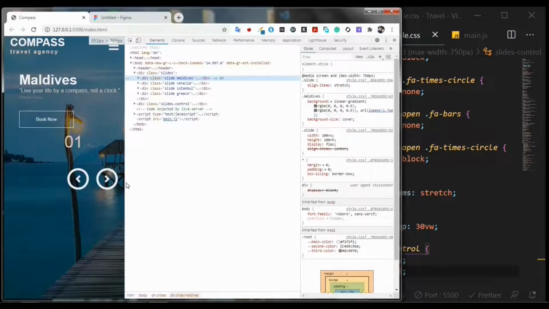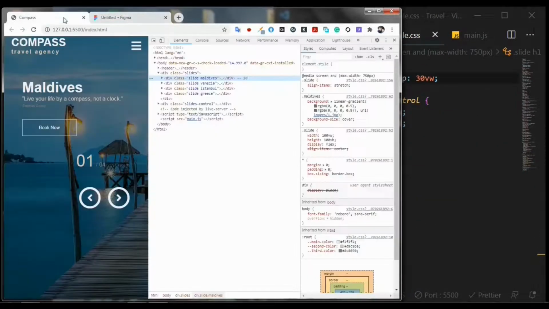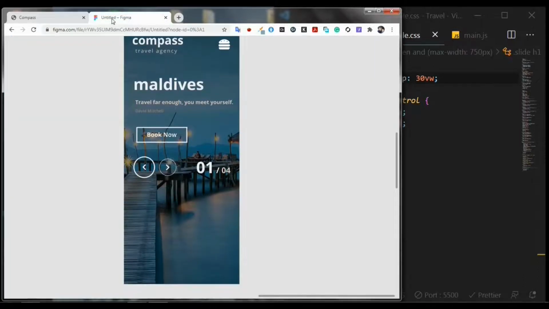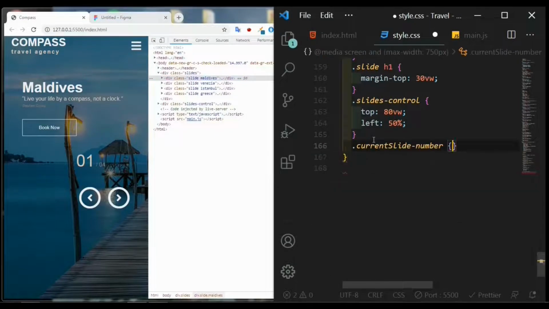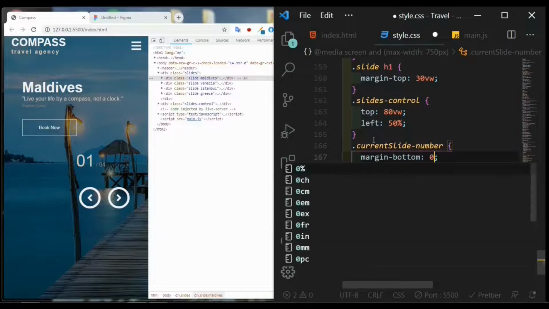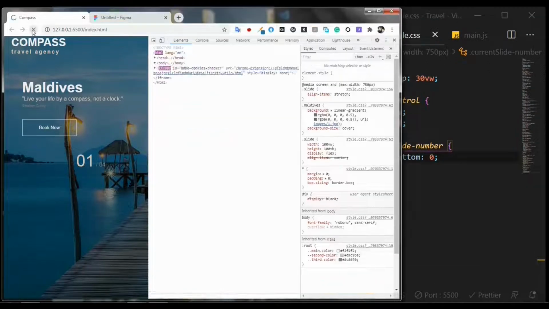It worked great. Cool. As you see here, we are going to this design. And current slide number, margin bottom 0,